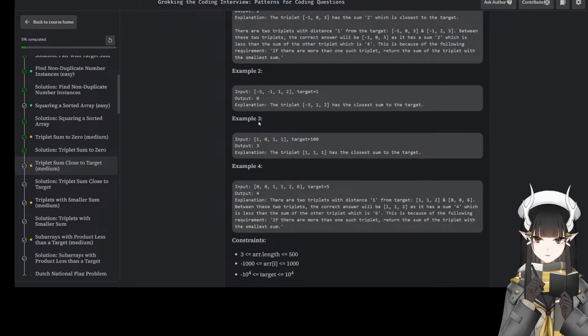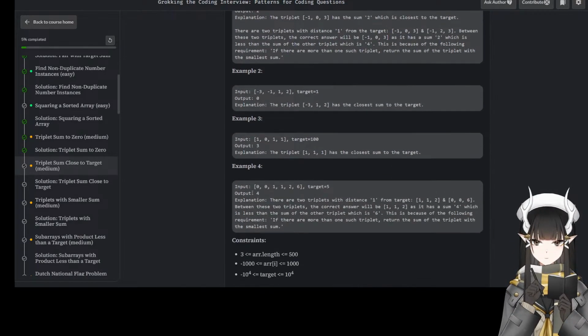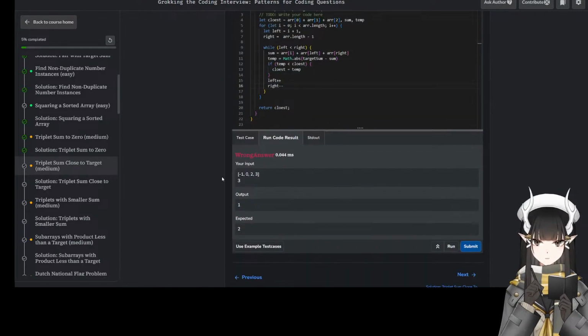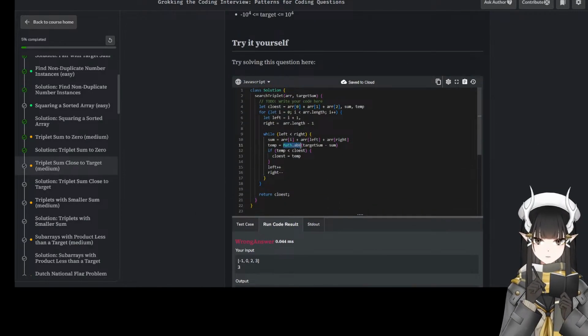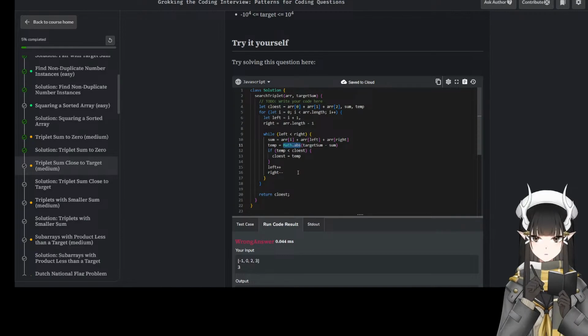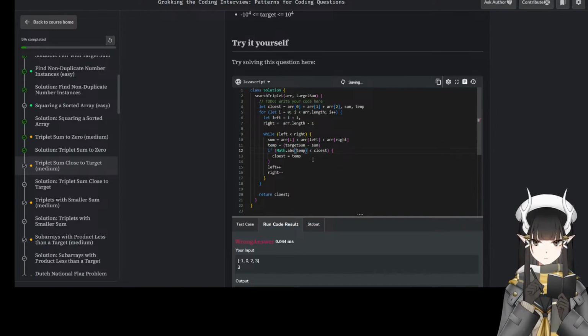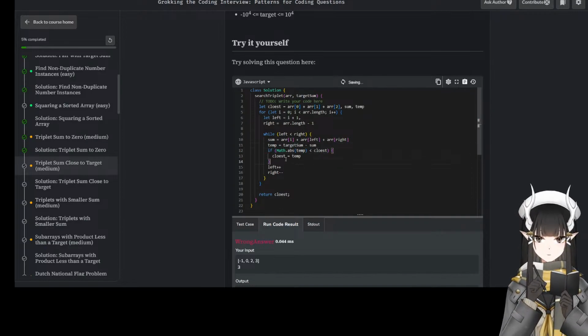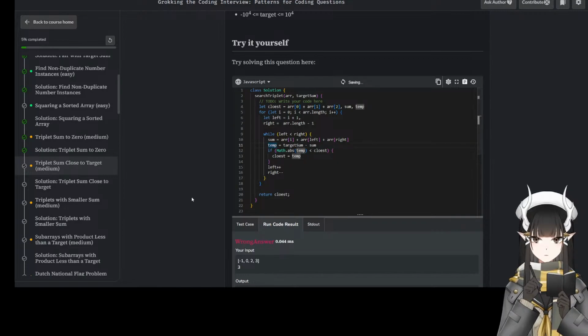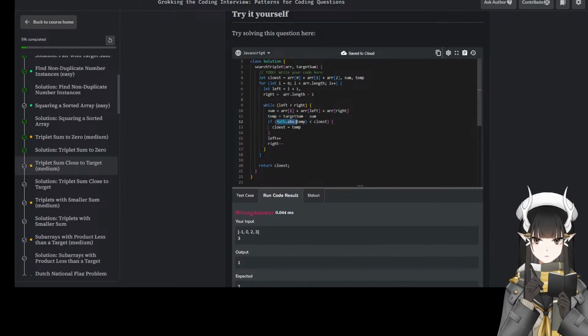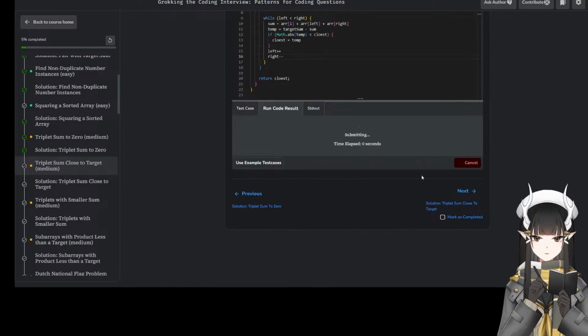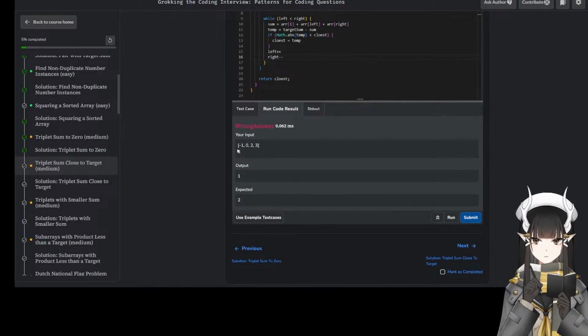Actually, can it be a negative number? Some can be a negative number. So I don't want to do absolute here. Closest, I want to do here math absolute temp. So 10 can be at closest. But the absolute here just makes the calculation easier. This will still be wrong.